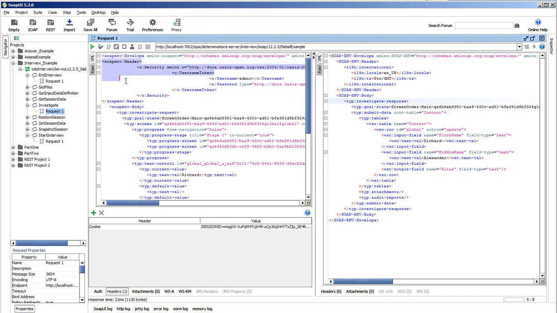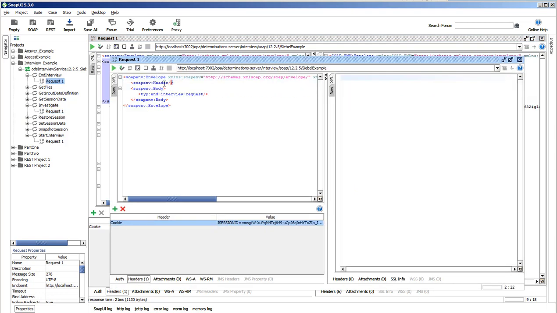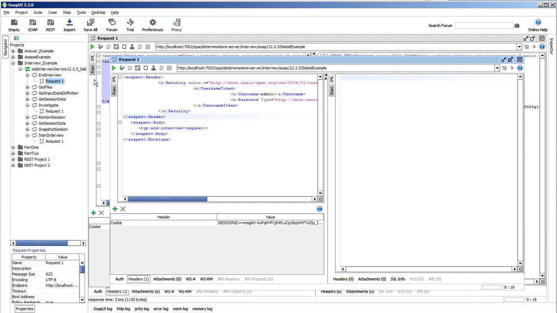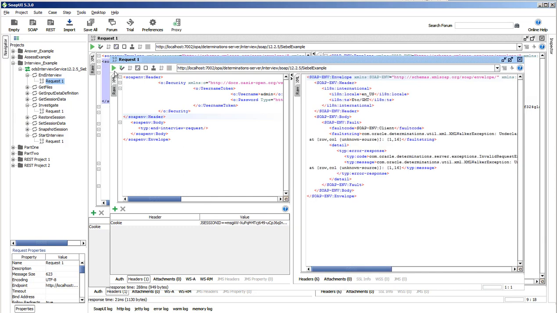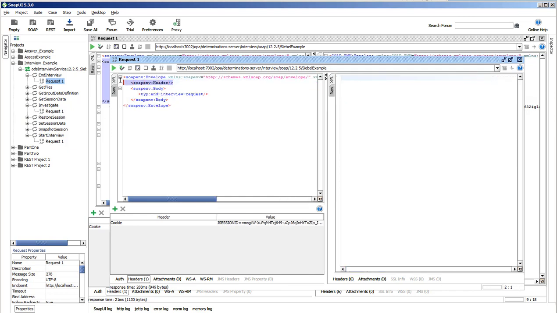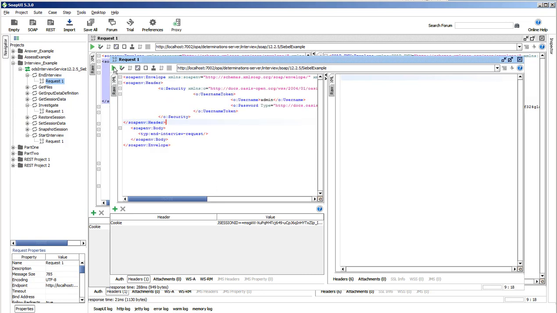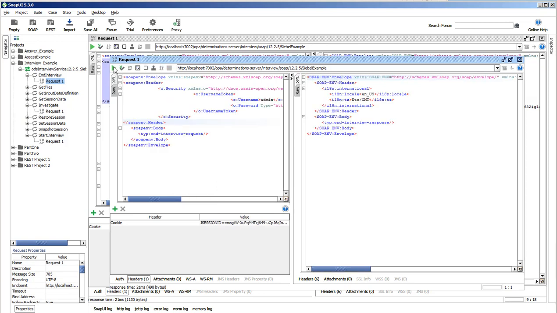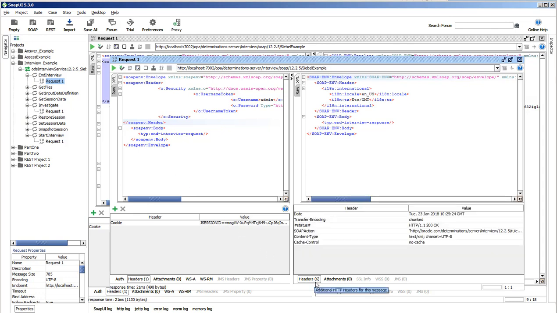Let's do one last one. I'm going to do the end interview. I'm going to need to paste this in. Oops, careful. I made a mess of that. Let's copy and paste again. Better. And because my cookie was included, I can now call the end interview, and essentially that killed that session